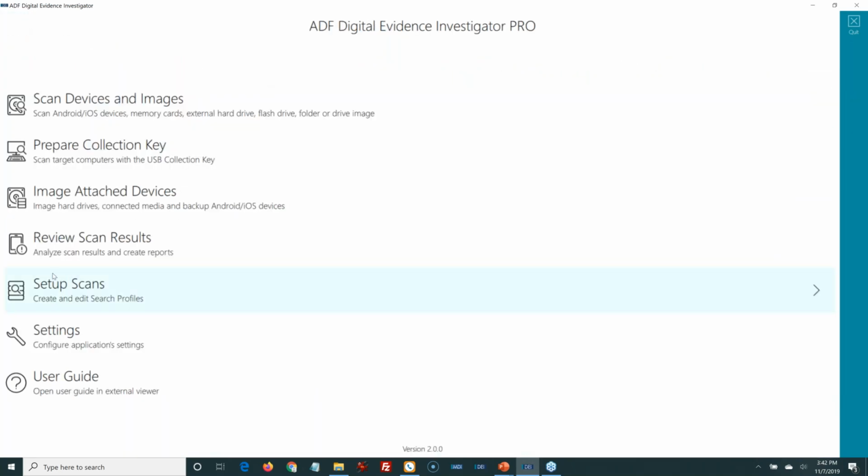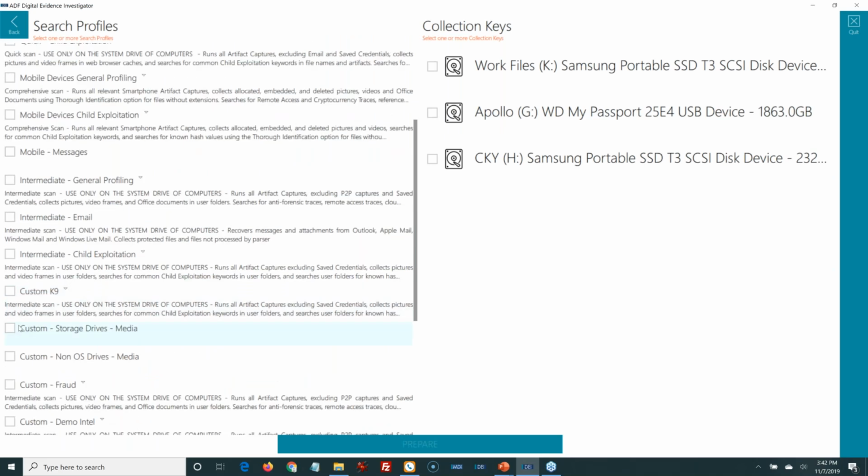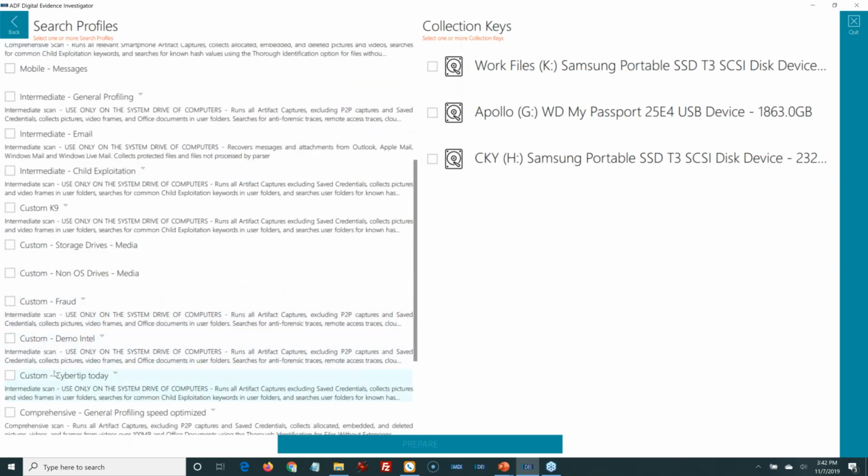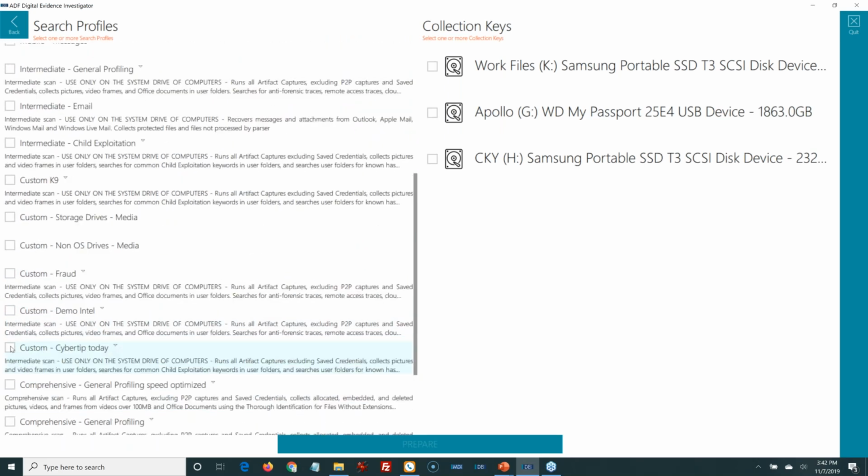Well, that's great, Rich. You showed us how to customize, bring that all in. What do I do with it now? So here's what we do. I brought in all of my information to my setup scans. I go to prepare collection key, and now you can see here, there is my custom cyber tip today scan